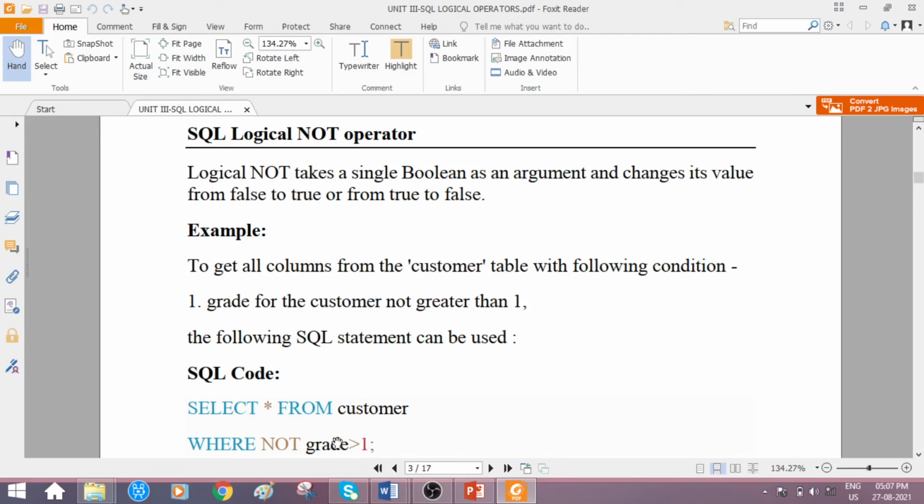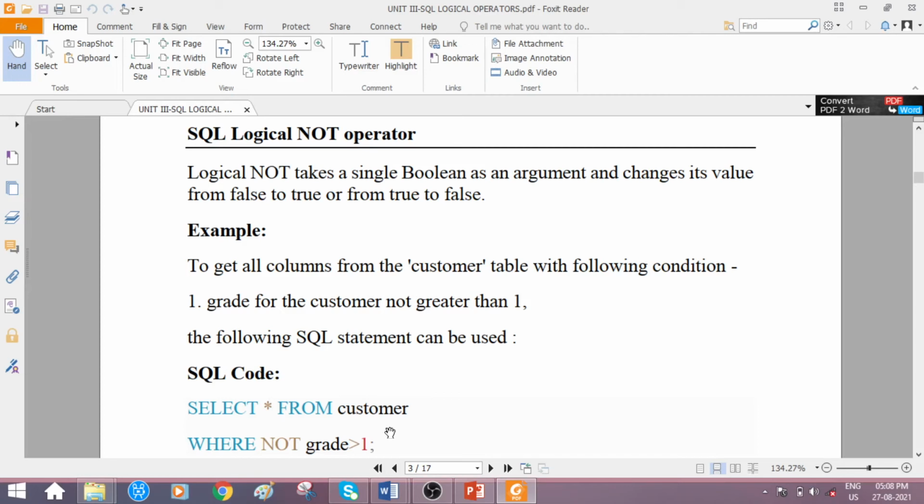It converts the true value to a false value. Yes or no? So now this condition is going to return the true value, but it converts that true value to false. False means what? The grade should be not greater than 1. The grade should not be greater than 1. It means what?